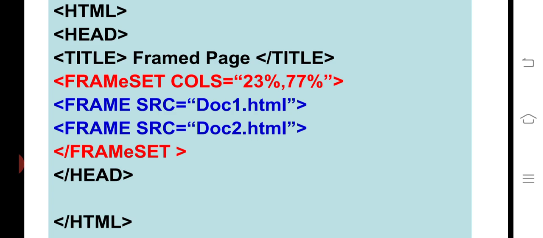Here frameset comes: left side frame 23%, right side frame 77%, and frame src linking to document1.html within quotes, then frame src equal to document2.html within quotes, close frameset. The head closes as usual and the HTML closes as usual.